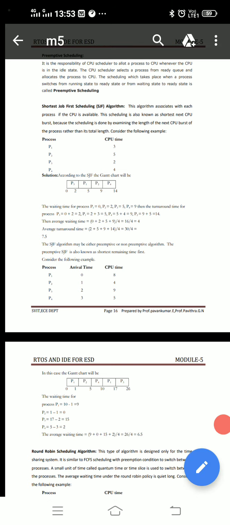We add all these values and divide by 4 because we have 4 processes. And in order to calculate the average turnaround time, we need to take all the values of the turnaround time. Those will become 2 plus 5 plus 9 plus 14 divided by 4, and this will become